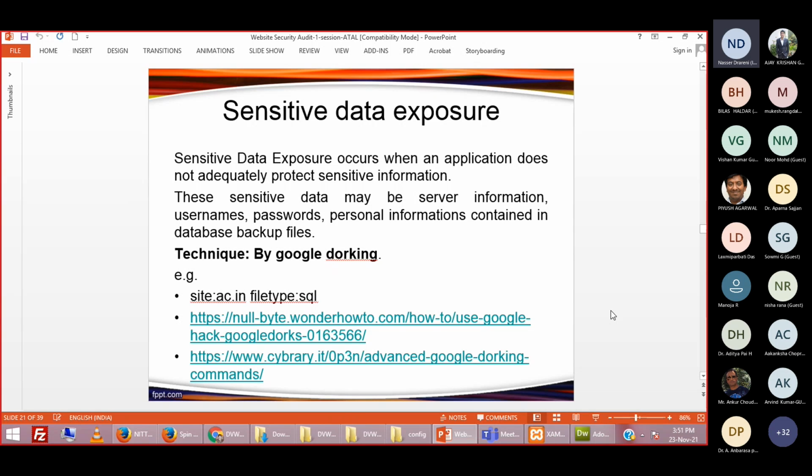Suppose you have just hosted your website today, and people may not know your website address, so they will not be able to visit your website. What they will do is search your website name or organization name on Google, right? If Google knows about your website address, it will suggest the users click on the particular link. So how does Google come to know that this is the web address of a website? That is done by the Google crawler. Let me show you.